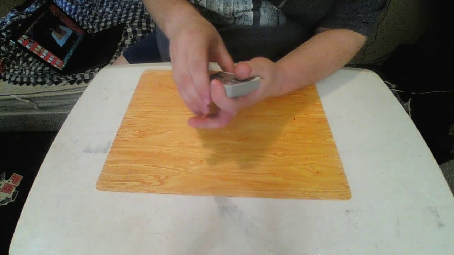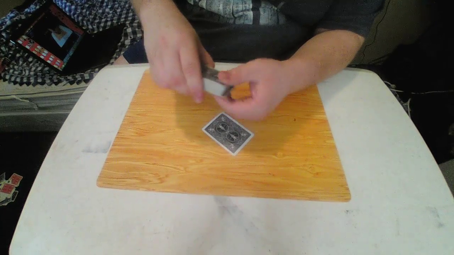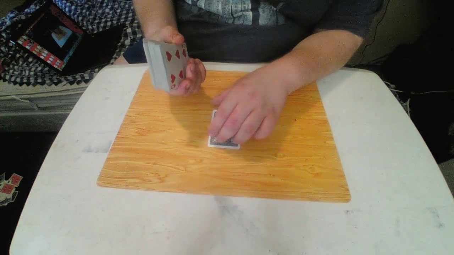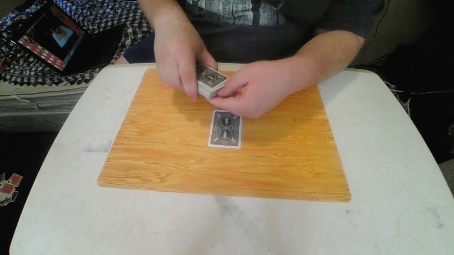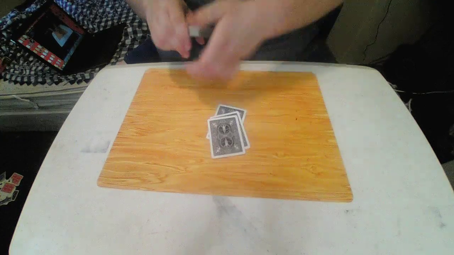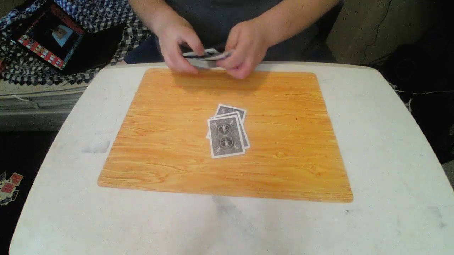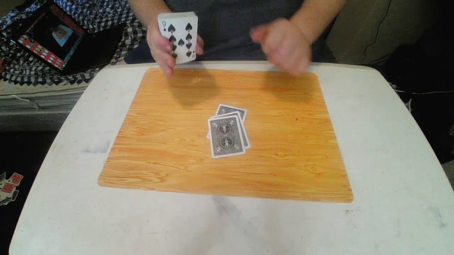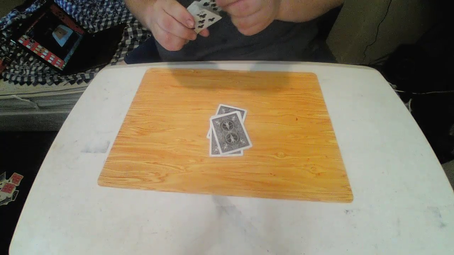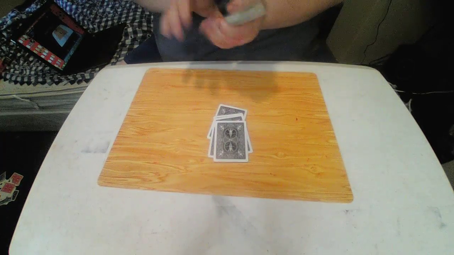Now we're going to go through some cards here and ask them if they're yours. So is that your card? No. Is this your card? No. Is this your card? No. Is this your card? No. And is this your card? Of course you'll say no. Well,